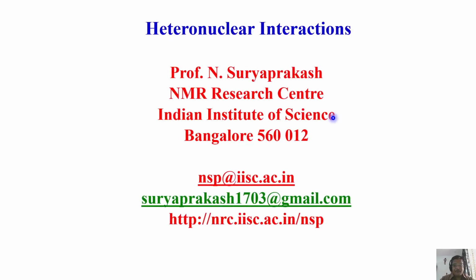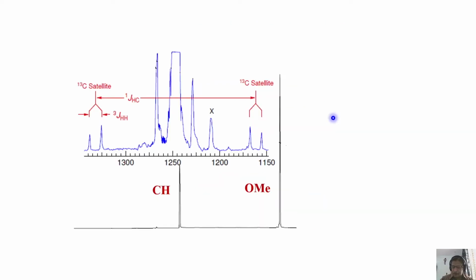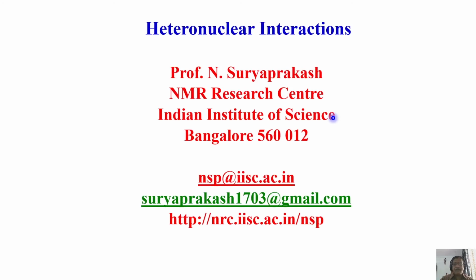Welcome back. Today, let us continue the heteronuclear interactions. In the last class, I introduced so many interaction parameters as far as the heteronuclear are concerned, both between abundant spin, abundant rare spin, between rare spin, many varieties of interactions you can see. And we also came to the level of understanding the satellite spectrum. I explained what is a satellite spectrum. How do you extract information from the satellite spectrum?